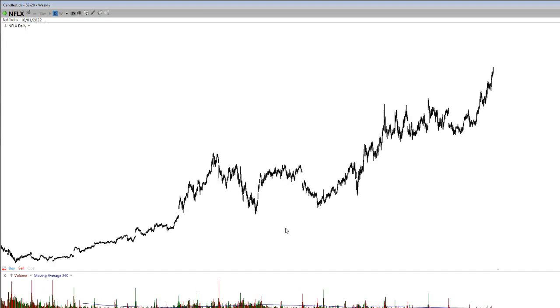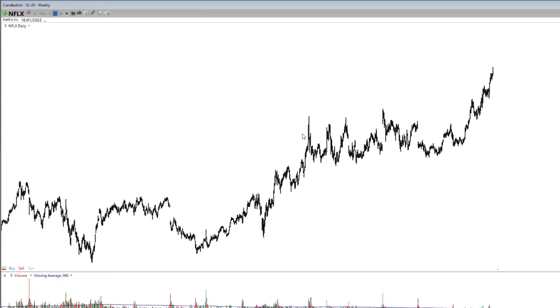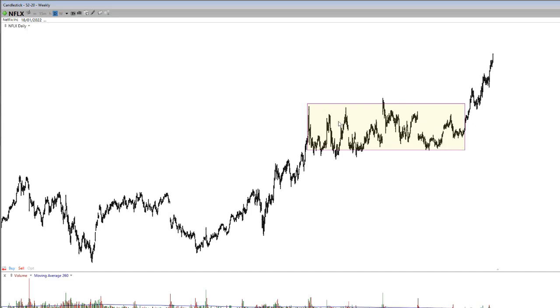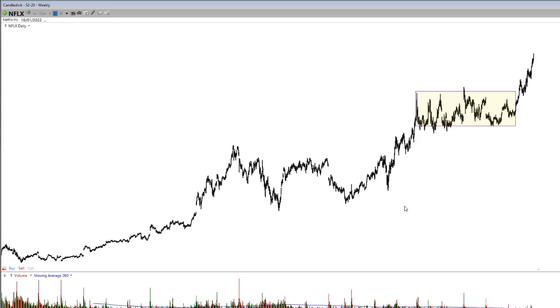Let's do the same thing for Netflix. Look at this here. Netflix did nothing for a while, not much going on, and now look what's happening, right? We're starting to really move out of Netflix, and it's starting to move up through here because we had this sideways period, we had a move up, sideways, and now we're starting to see a very nice move back up again. Actually, let me just do some live analysis on Netflix.